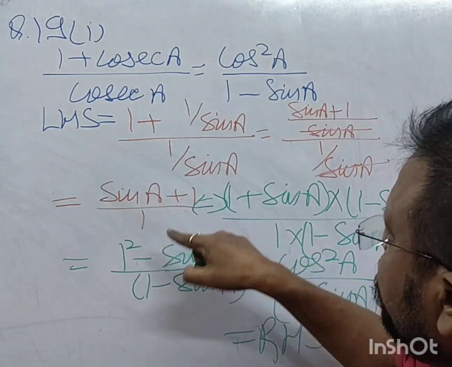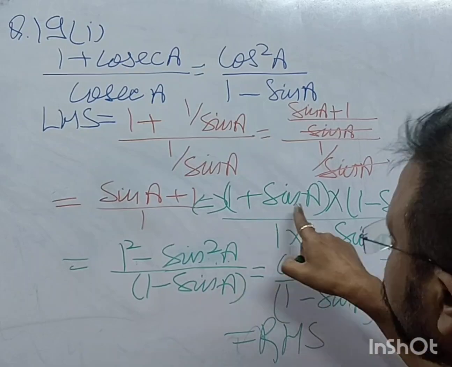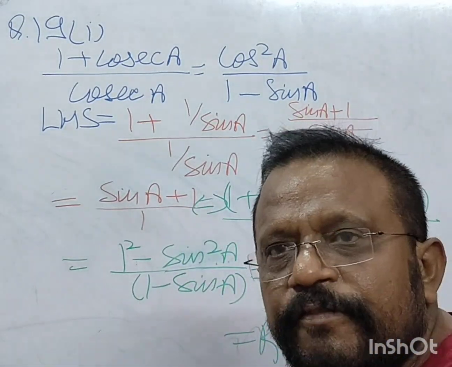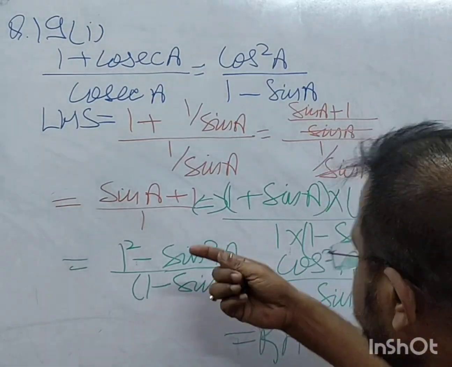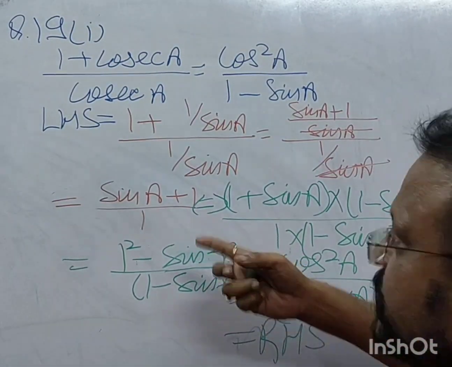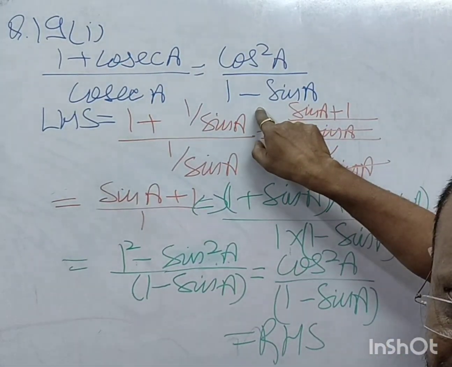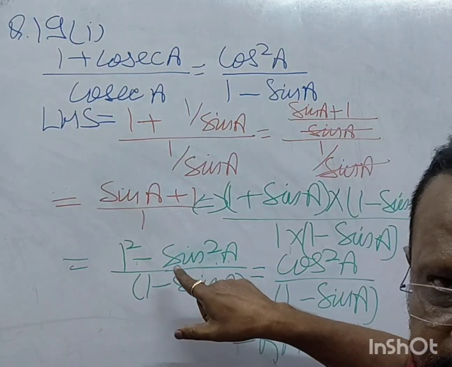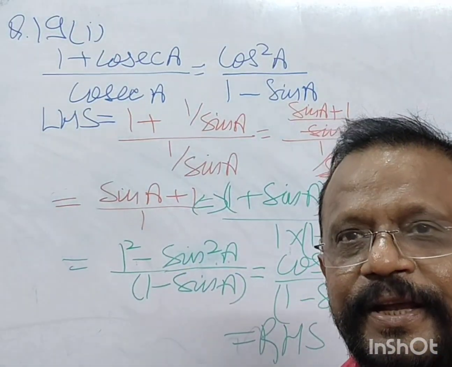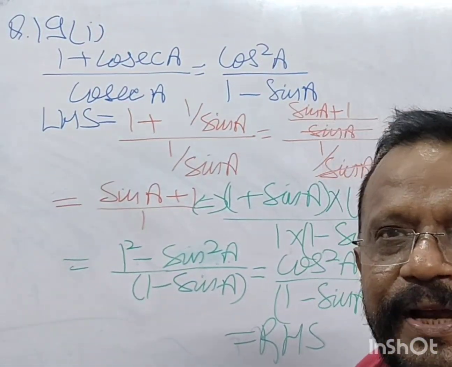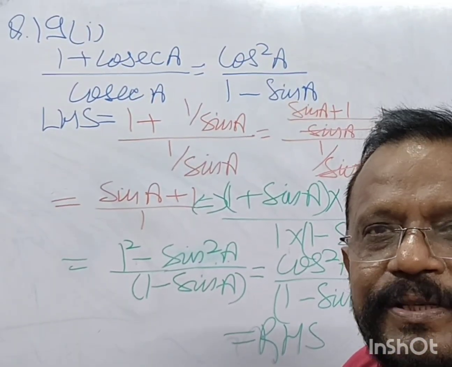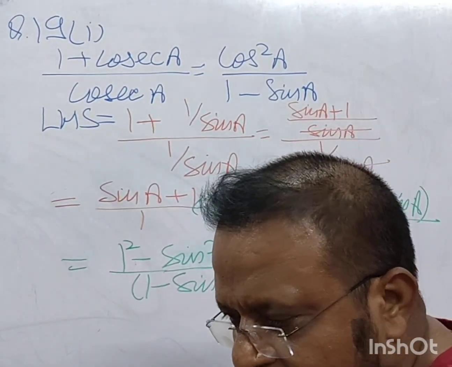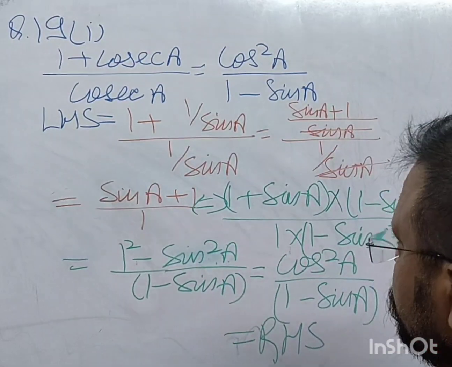You get it now? We get sin A plus 1, we can write it as 1 plus sin A, because we have the commutative property. But we multiply 1 minus sin A into 1 minus sin A, because we need 1 minus sin A here, and because 1 minus sin square A is equal to cos square A. Sin square A minus 1 is not cos square A, right? So because of that, should we do this?